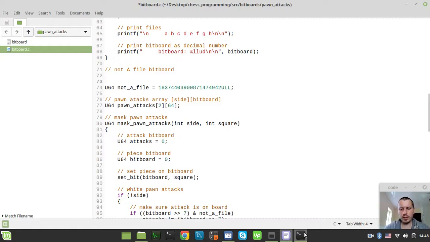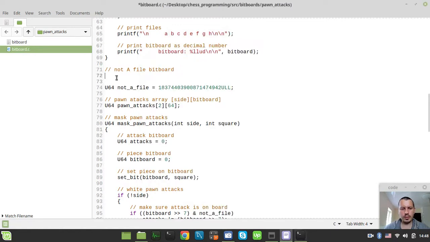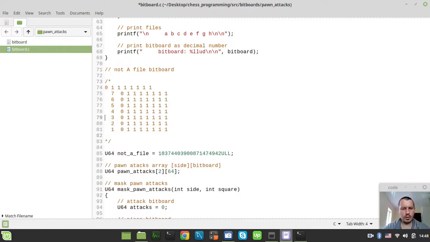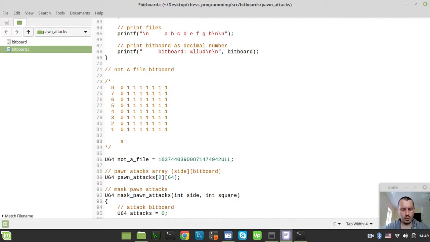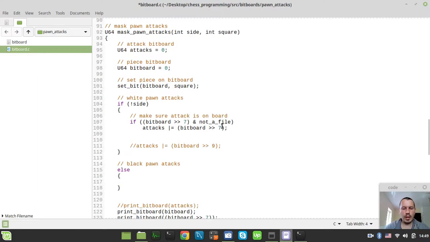Okay, not a file bitboard. And again, just to give you an idea of how it looks, I will now grab this and paste. So this is how it looks. Or even, hold on a sec, I can actually leave this just to give it even more sense. So A, B, C, D, E, G, H. So not a file. Hope now it is pretty clear what it meant here. Okay, so we got this not a file, and now